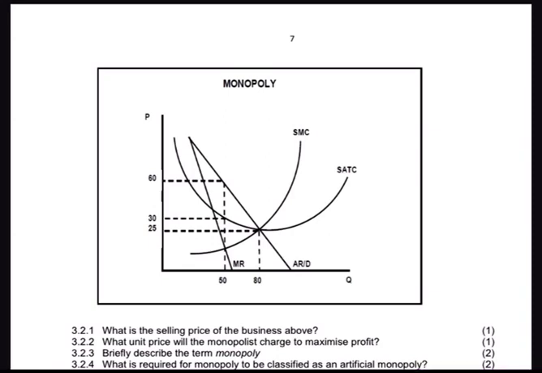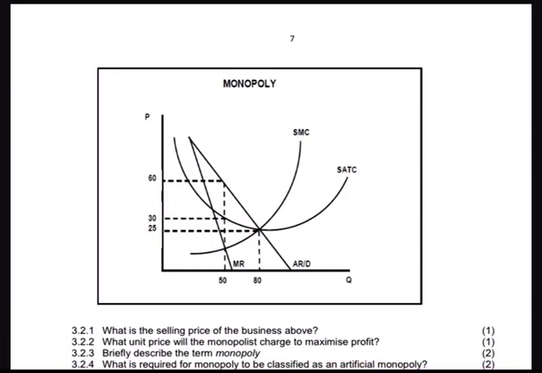Right. So the third question is asking us to define the term monopoly. We have already defined what a monopoly is, right? A monopoly is an enterprise or a market which we can say that it is characterized by being a single seller or by selling unique products. Then the last question is asking us what is required for a monopoly to be classified as an artificial